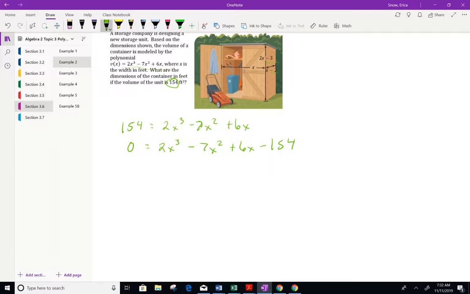And now we're going to do our P's and our Q's. So our P is 154. And we're going to find all of our factors of 154. So we've got 1, and I'm going to actually do this old school like we were factoring before. We get 1 and 154, and 2 and